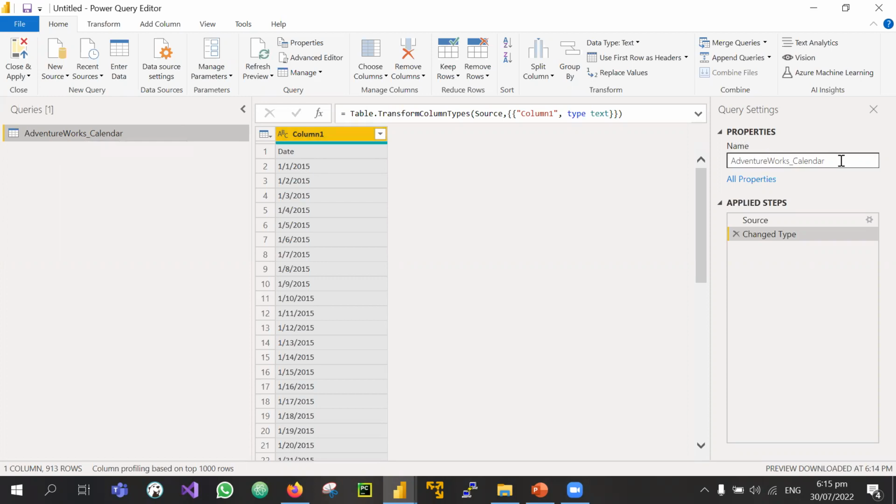So here you can see the name of the actual table itself. I can also change this. So let's actually call this dimension